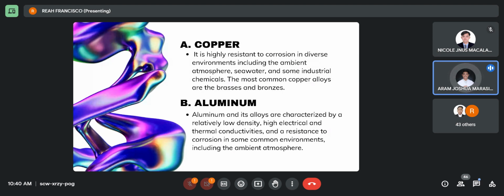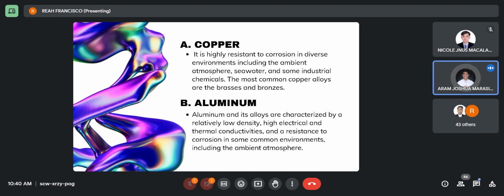They exhibit excellent strength-to-weight ratios, corrosion resistance, and are widely used in aerospace, automotive, and construction industries. Aluminum alloys play a crucial role in modern engineering, enabling the creation of lightweight and durable components that contribute to